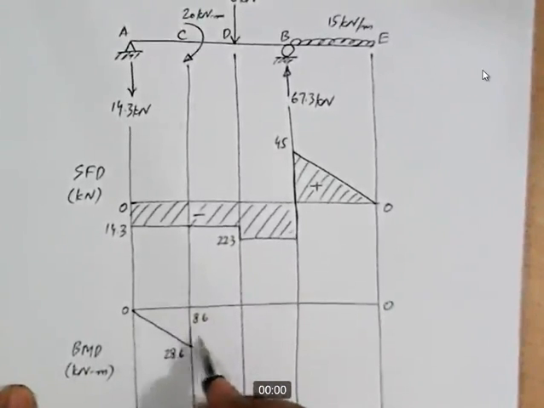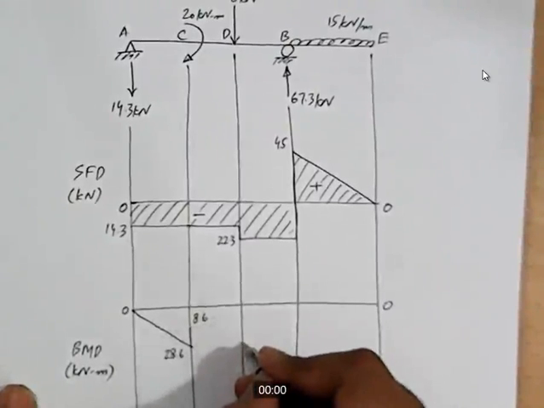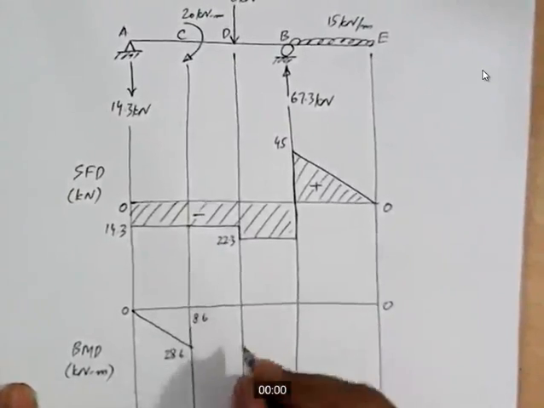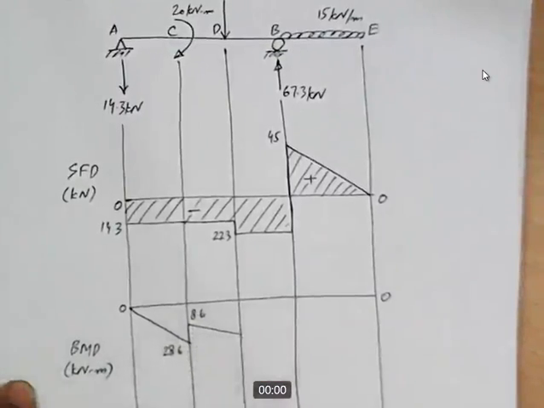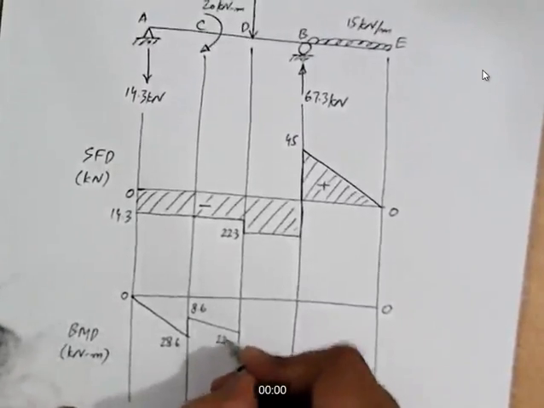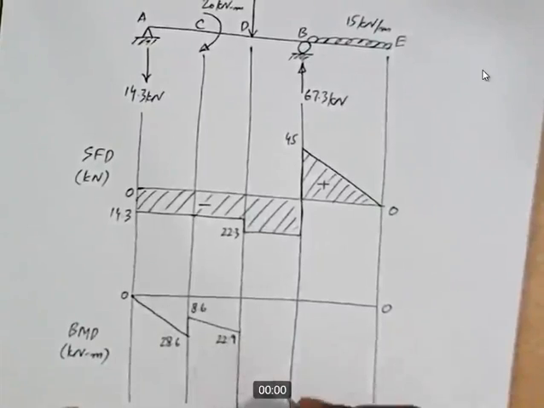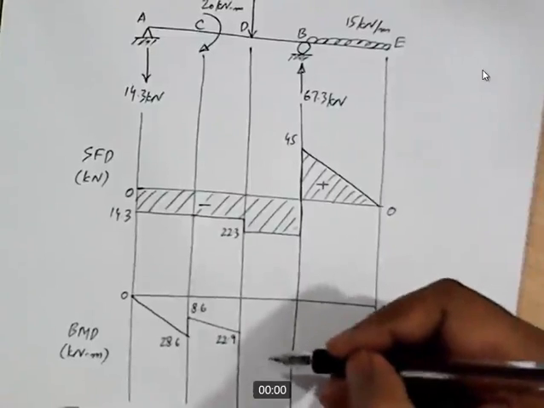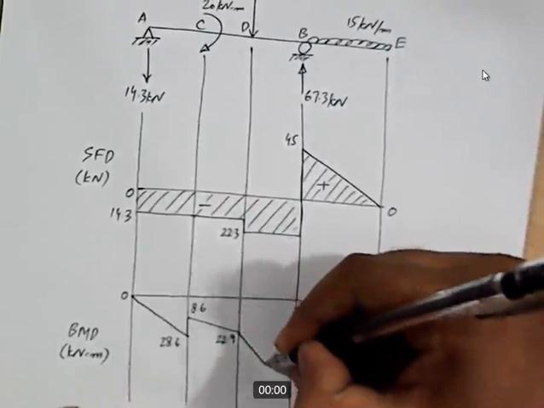And then for point D, how much is the value of bending moment? If we look at our calculations, the value is 22.9 with a negative sign. Again the equation is linear, the first degree equation, so we'll join these 2 points with a straight line, 22.9. And then what is the value of bending moment at point B? It is minus 67.5. If you look at the equation, the degree of equation is 1. So we'll join these 2 points with a straight line,